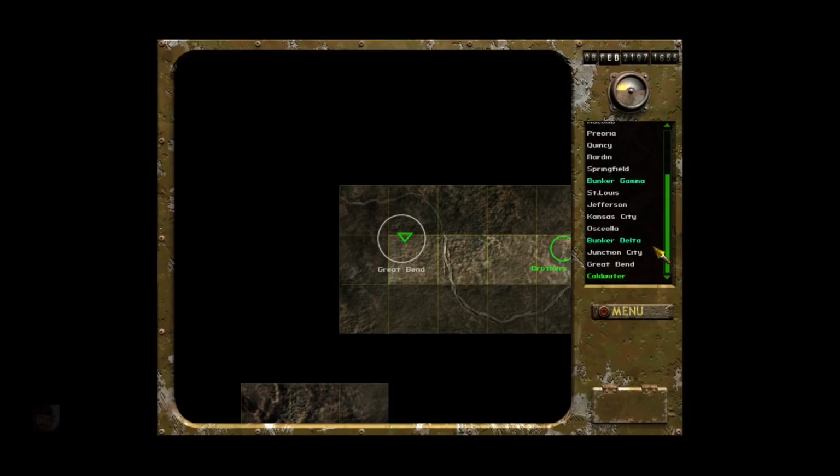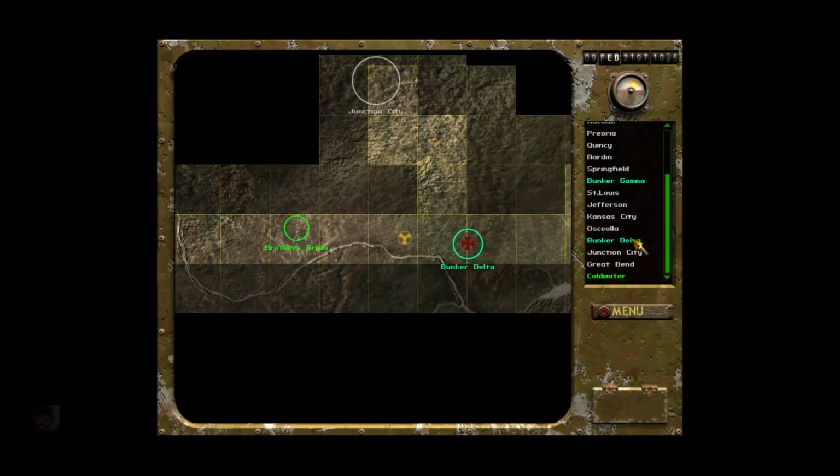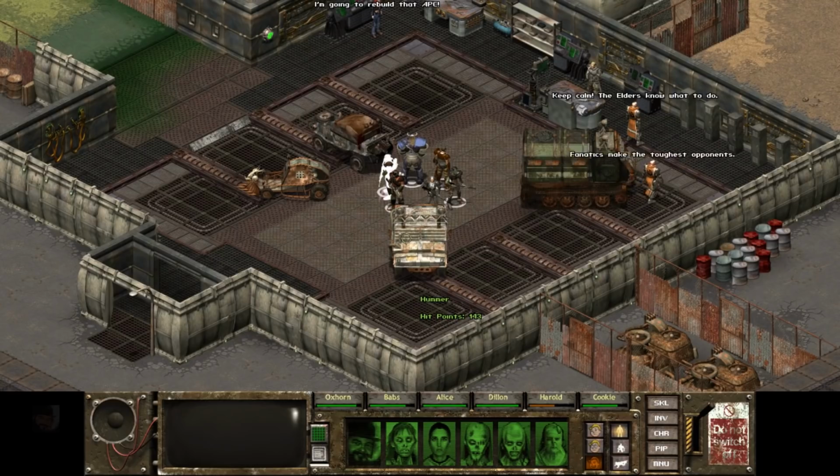We can head back to Bunker Delta, rest up, heal up, and prepare for the next mission. But sadly, I'm all out of time. We'll pick up right here where we leave off